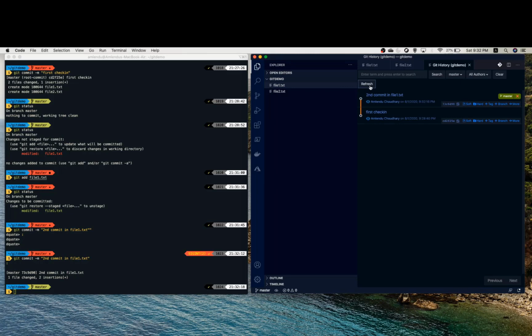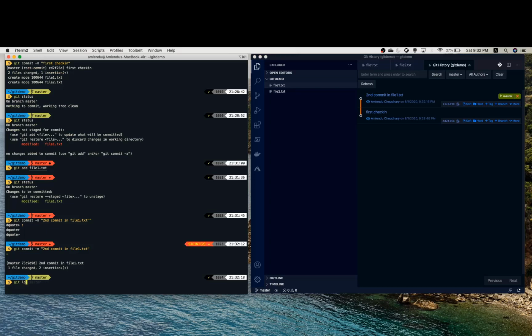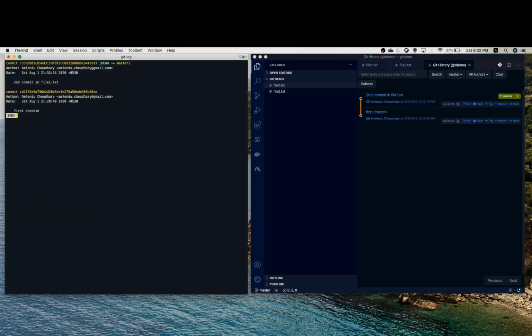You have another option of looking at the history of the changes made in the file. How to look at the commit history? We will type git log. This is a command which will allow me to see all the commits that have been made.